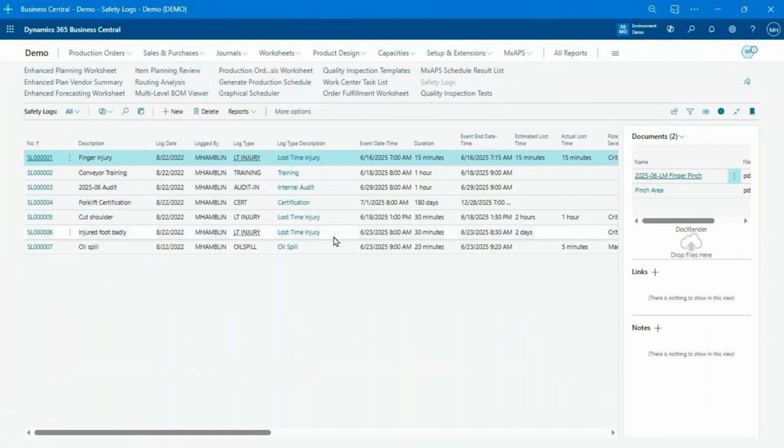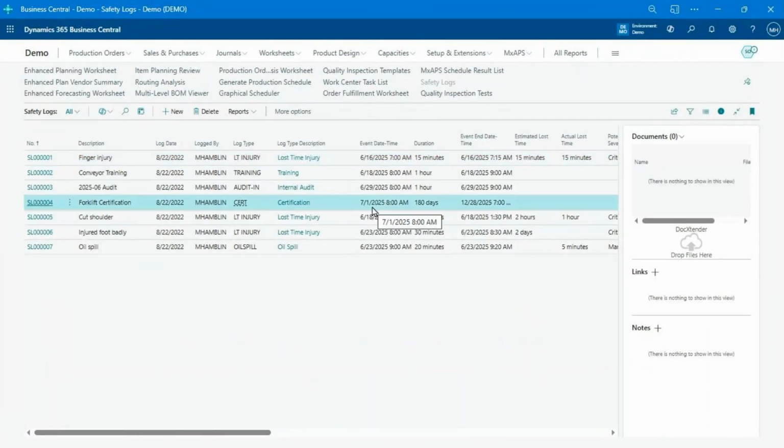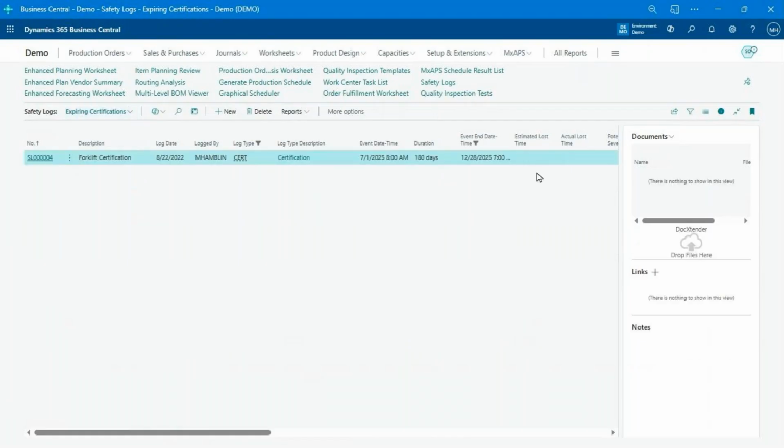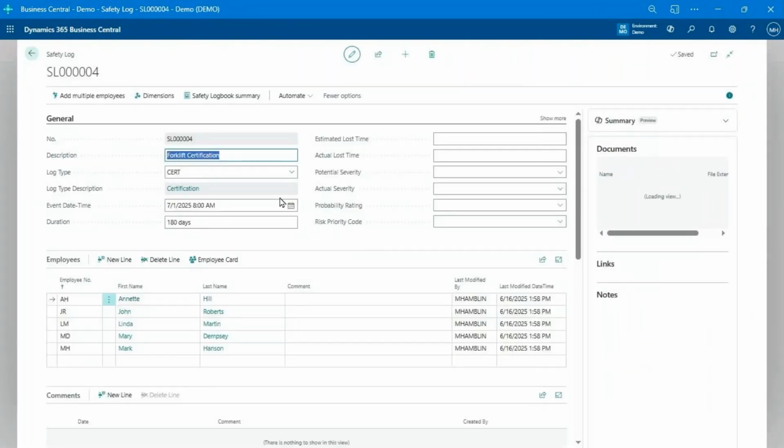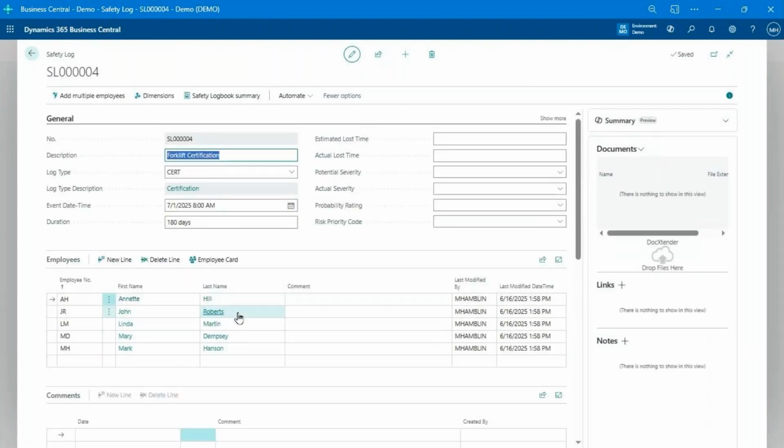So for certifications, what's nice is, again, you can track certifications and who is involved in the certification, all those sorts of things. And then you could do a view like the one I've got here that shows me all my expiring certifications in the next month or week or whatever it happens to be. So if I open that one up, just as a quick aside, I'm going to go into the other ones in a sec. We've got the certification. You can list all the details, comments, all that kind of stuff. And so this happened to be the forklift certification. These are all the people certified, and I know exactly when it's going to expire,